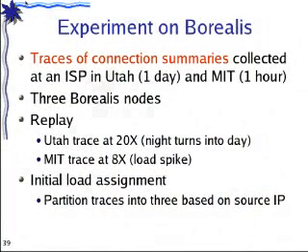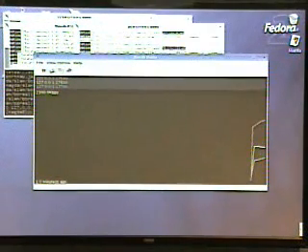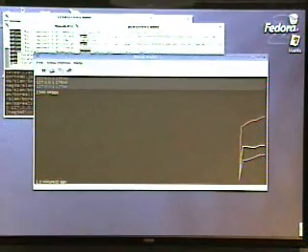So let me show you a concrete example of how this scheme works. I'm going to run 3 Borealis nodes. These nodes are going to have a contract with one another. The load is going to be this network monitoring query that I have shown at the beginning of the talk. What is interesting in this experiment is that it's going to be a simple example, but a real example. The query that we are running is actually going to tell us if there are any suspicious IP addresses. And the input load that we're going to use comes from real traces of connection summaries gathered at an ISP in Utah and also at a router at MIT.